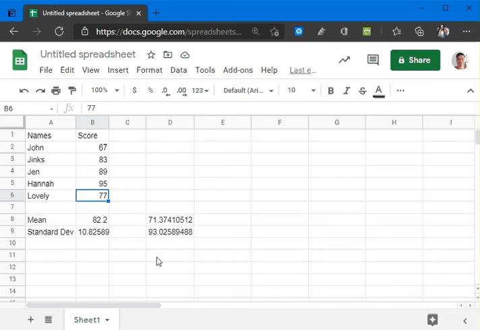So by getting the standard deviation, we could analyze and identify who has an above normal, below normal, or normal score. So that is the simple application of standard deviation using this STDEV function